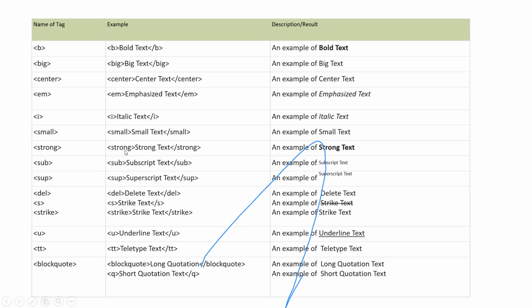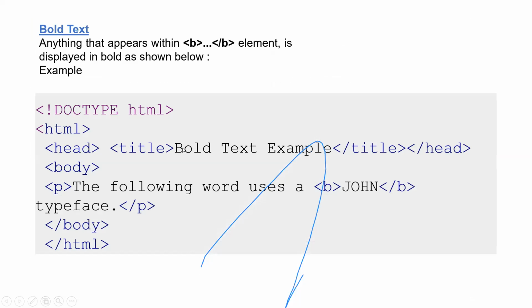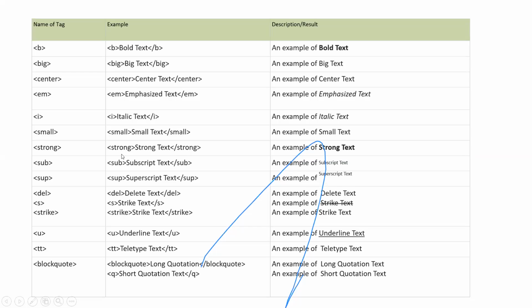Open the tag, write some text, important information here. You can highlight it with some colors. That is a strong message for you people. For that case, you can use this strong tag. Next, sub stands for subscript. Suppose you want to write X1 down.